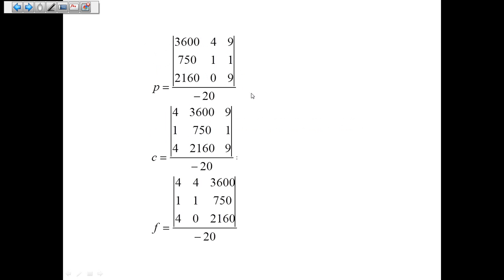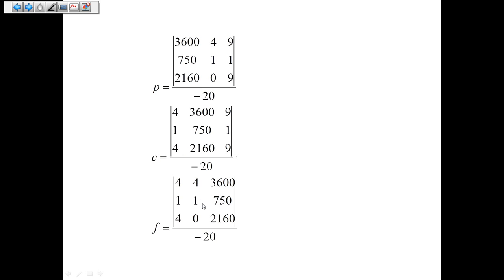So that's going to look something like this. We replace the P column with the answers. We're going to divide by -20 after we get this determinant, and then that's going to find the value for P. Here we see the new determinant we need to find for C,